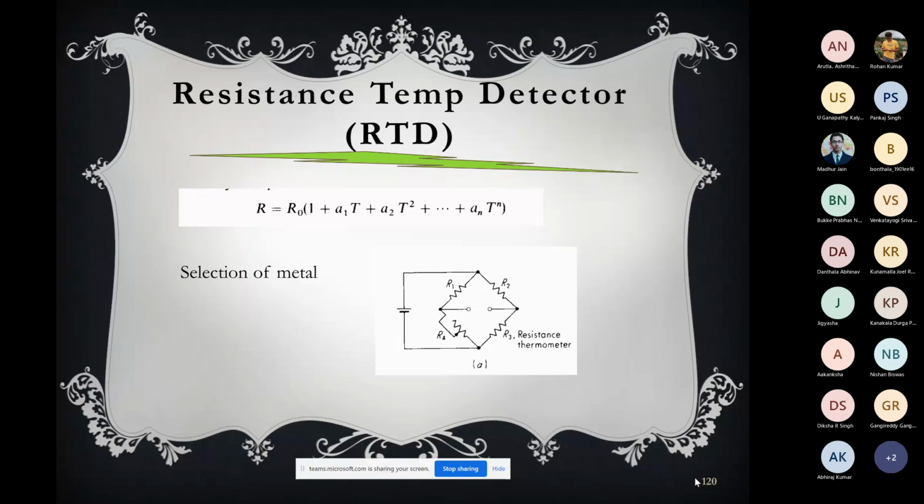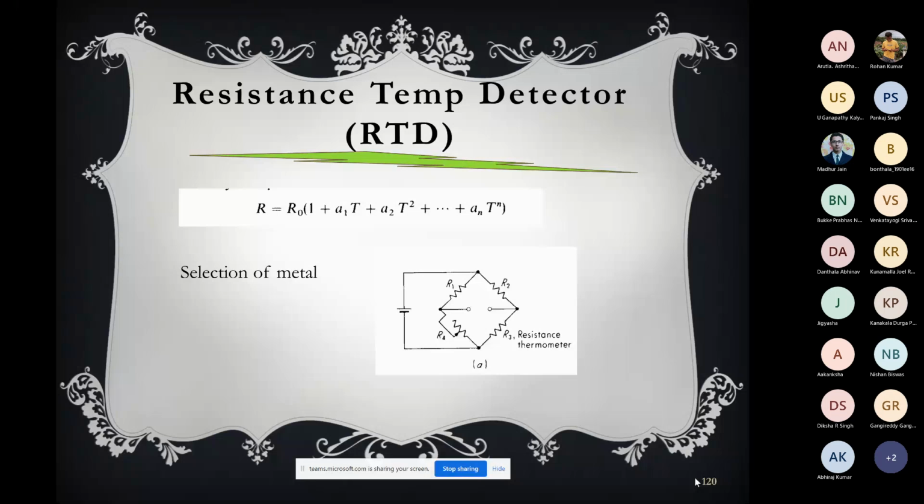What I am saying once more, suppose you have a material, say you have a metal. That material must have some resistance at some particular temperature. Now, if the temperature changes, the resistance will change. It has a certain resistivity, and for metal this resistivity is positive. So resistance will increase with the increase in temperature. Now, if you can detect the change in resistance and you know the temperature coefficient of resistivity, you can easily calculate which temperature it is exposed to.